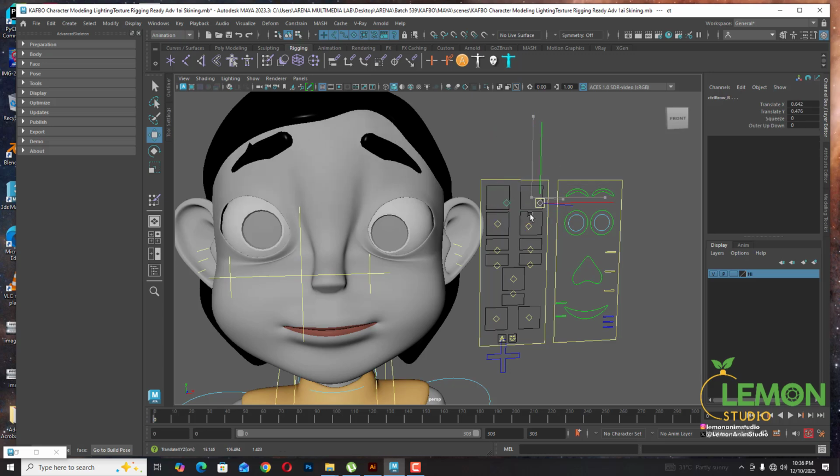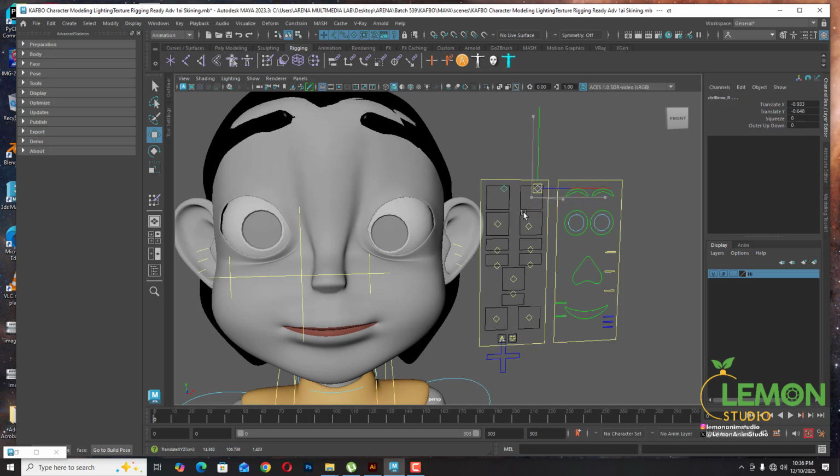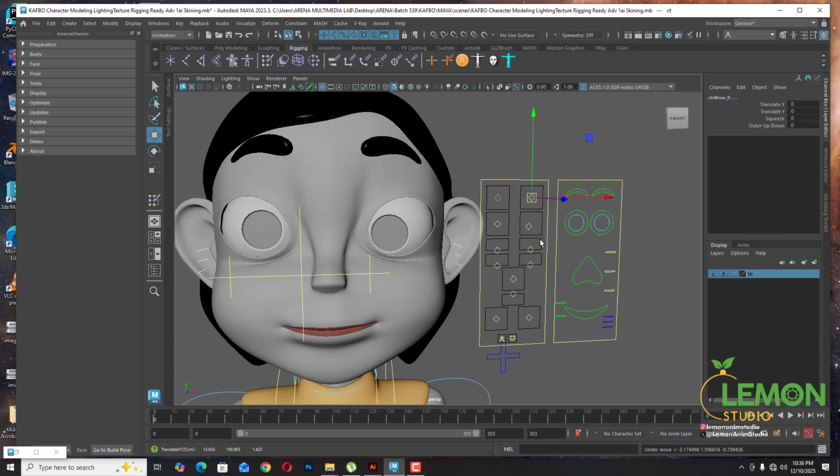This one is the brow. The brow area too needs to be worked on. As you can see, there seems to be penetration between the skin and the hair. So all of these are what we're going to look into. This one is the cheek. Each one of the cheeks can be controlled differently. We also have the nose area,